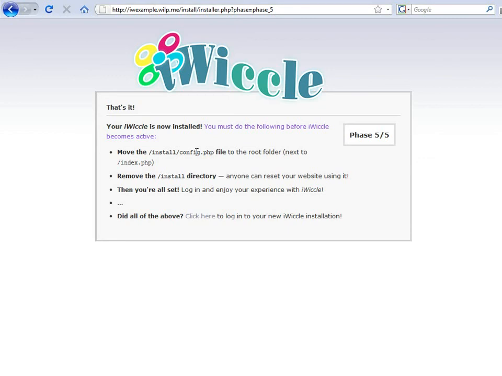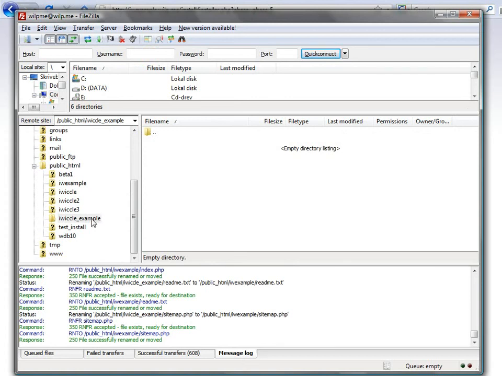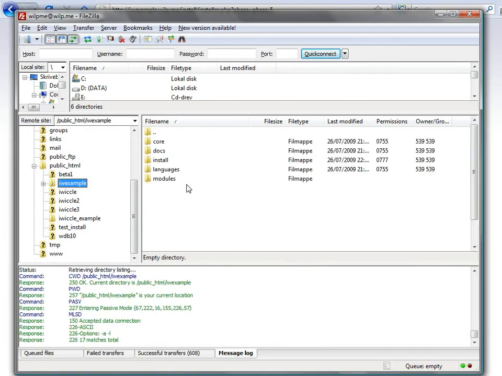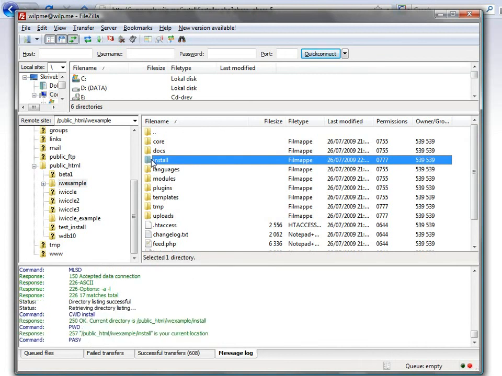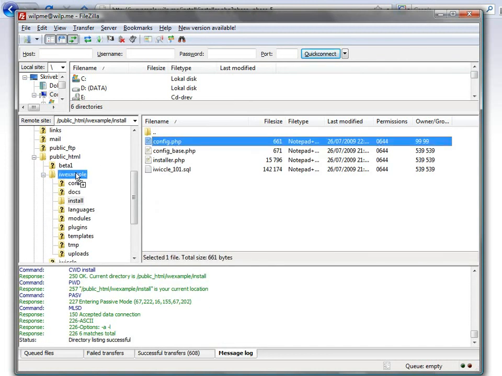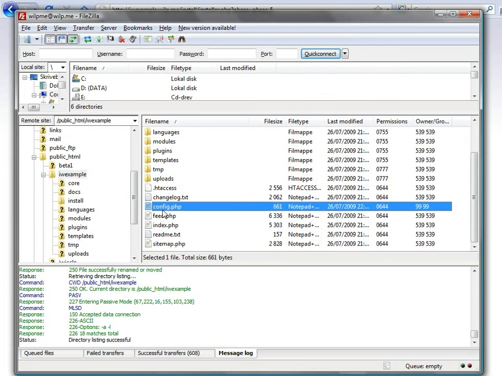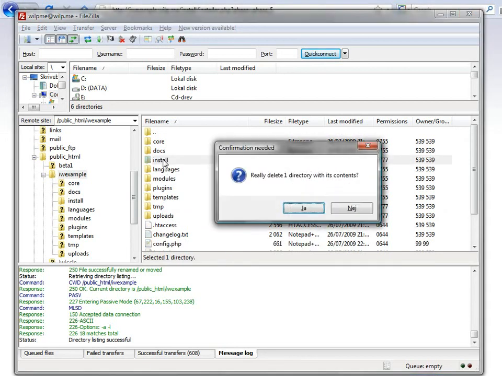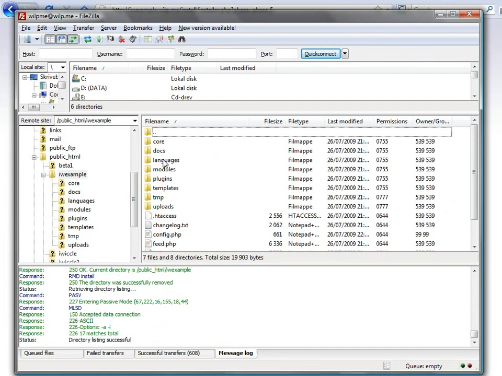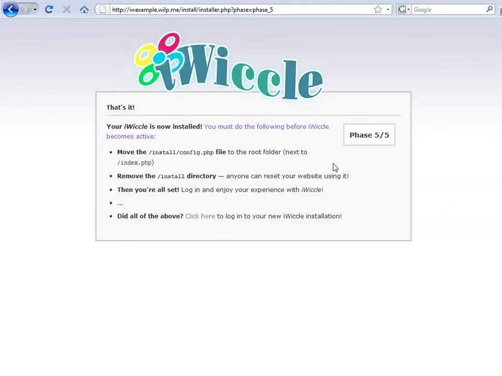Now this is something you'll have to get back to the FTP with. You have to move the install config file to the root folder and remove the install directory, and then we're all set to go. So let's do that. Here's IW example. Config, we move it to the right about here. We have our configuration file in place, and the installation directory we can just delete. Or if you do, rename it to something no one will guess, because that's a way to completely reset your installation. That's it. Click here to log into your new iWiccle installation,